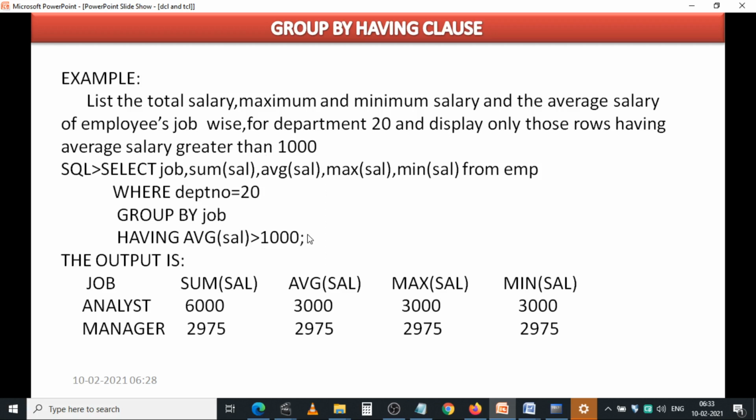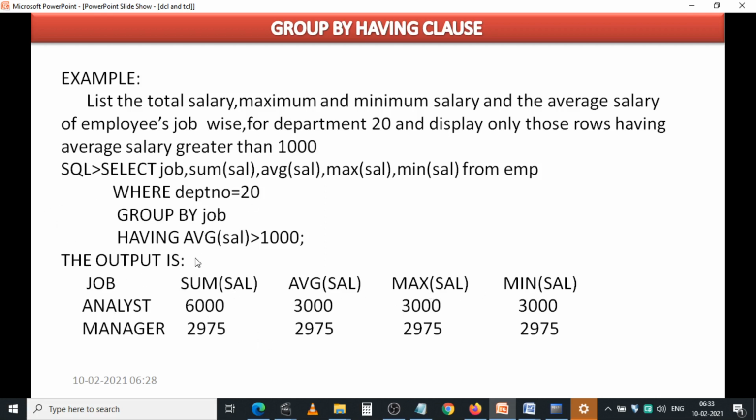Before writing the query, first of all you have to understand what we need to retrieve, what we need to display, and what the conditions are. If you understand all these things, it's very easy to write an SQL query in Oracle. Just see this example: job, sum of sal, average of sal, maximum of sal, minimum of sal.